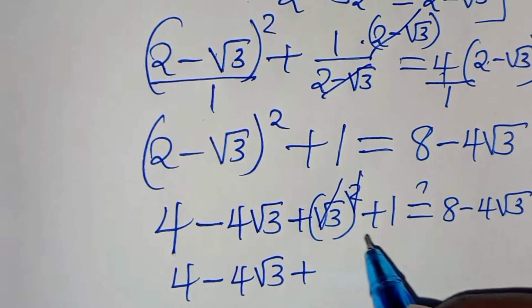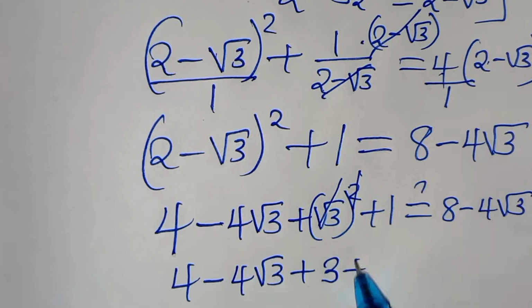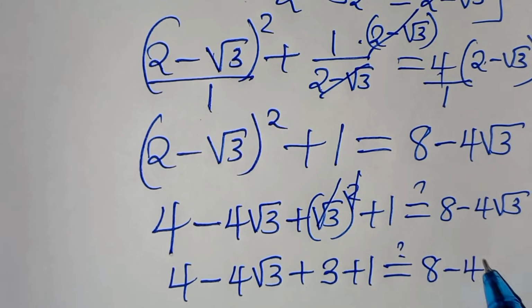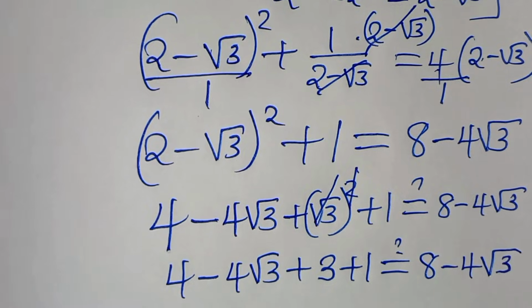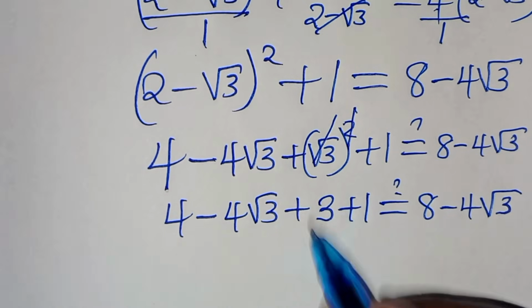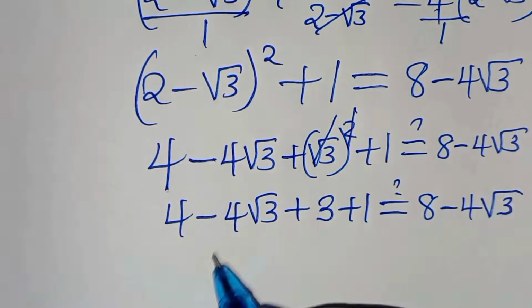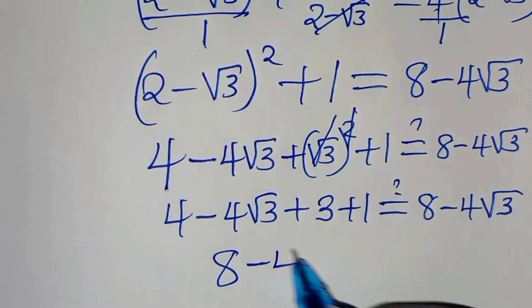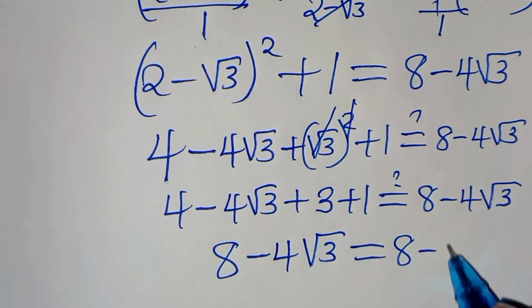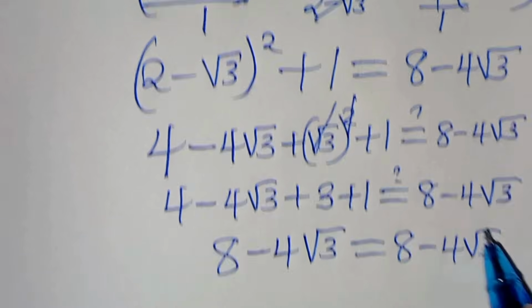We can eliminate the square root. So this is plus 3 plus 1. This should be equal to 8 minus 4 square root of 3. Okay, the next step is that we have 4 plus 3. This is 7 plus 1. This is 8. So we have 8 minus 4 square root of 3. And this is equal to 8 minus 4 square root of 3. So it's clear that the